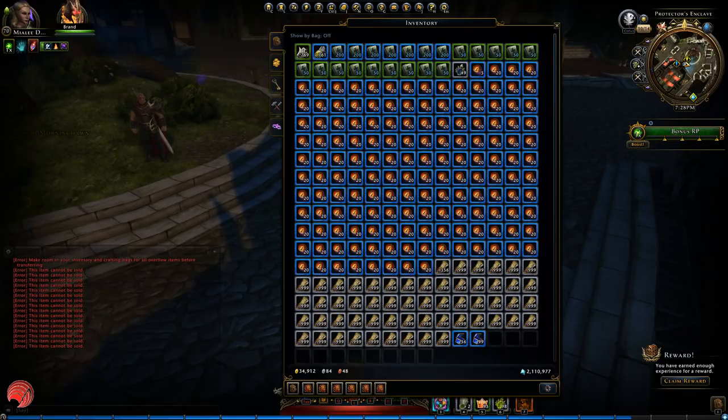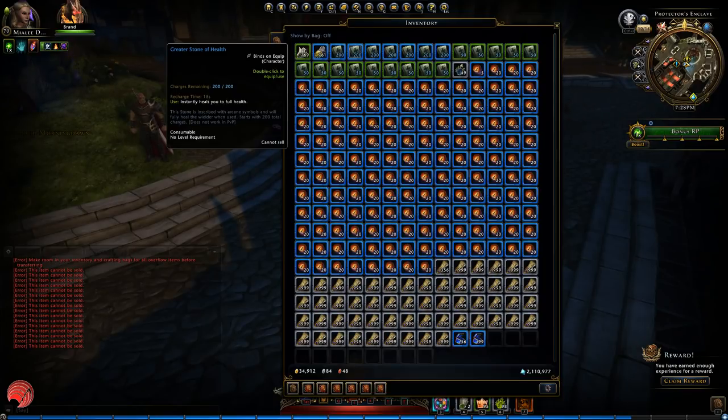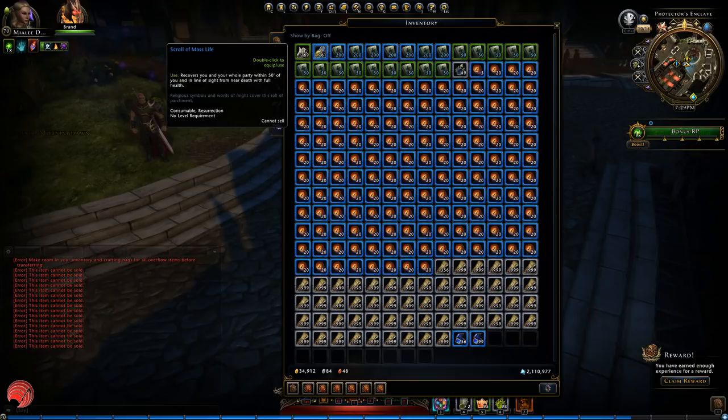So it's a little bit 50-50 whether to open or sell these. Maybe if you need retraining tokens, you can open these. They drop about 5% of the time. The other drop rates: the greater stones drop about 0.57% of the time, 22 times. The stone of health 54 times, which is 1.39%. Scrolls of mass life 19.58%, and scrolls of life